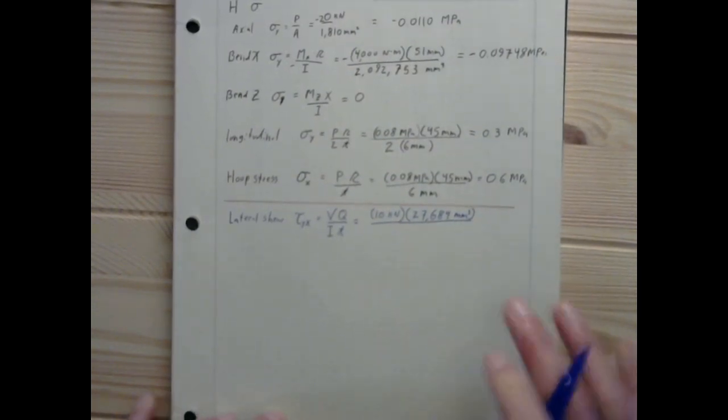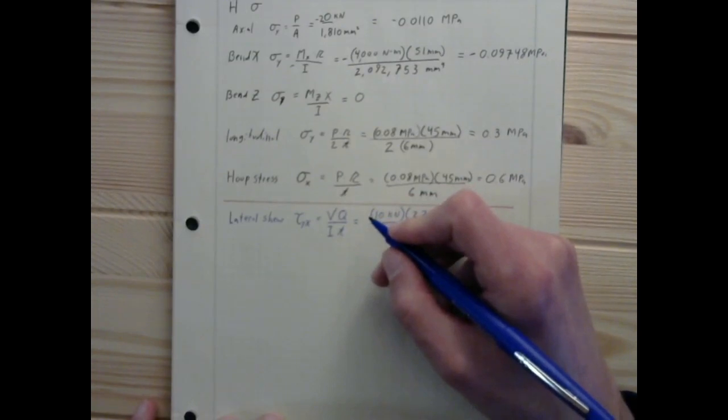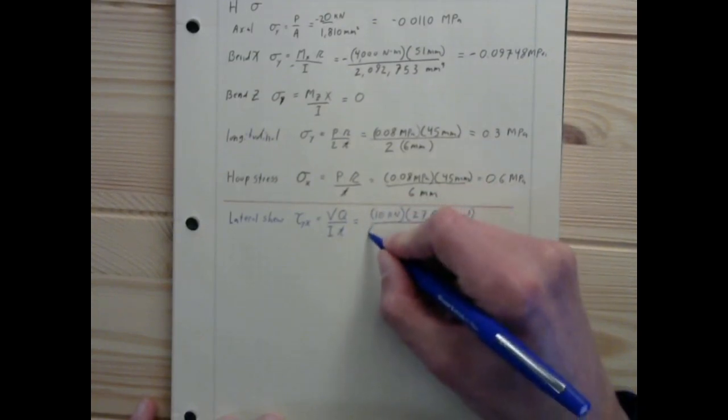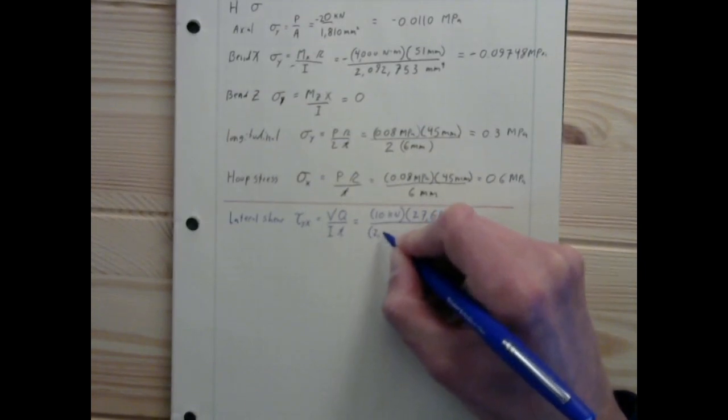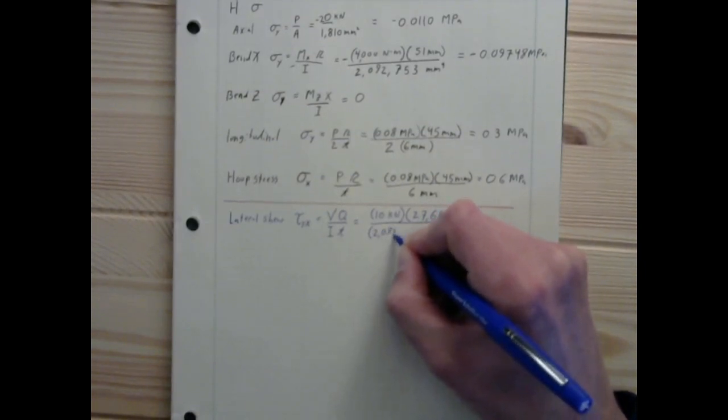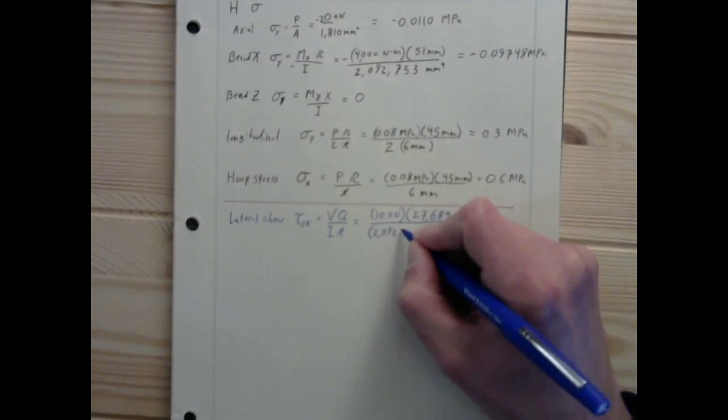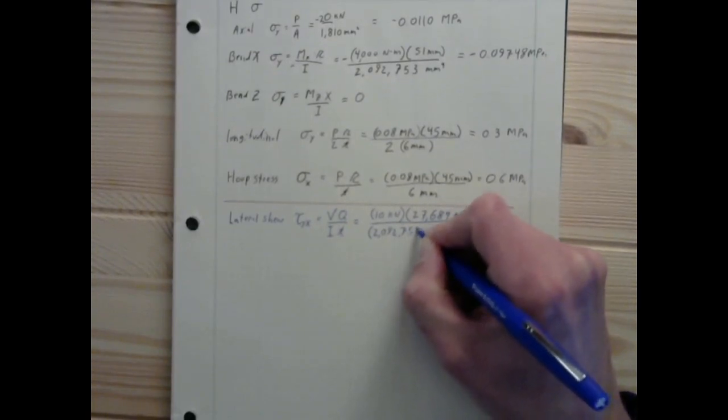And we'll be dividing that by our second moment of inertia, which was 2,092,753